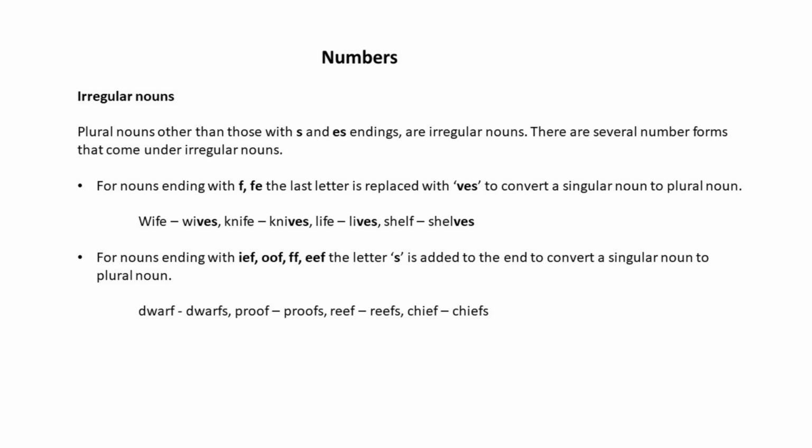So if I say the noun wife, this word ends with the letters fe. So in this case the plural form will be ending in ves. We replace the last two letters fe and put the letters ves. So the plural form of wife is wives. Similarly for the word knife, this word also ends with the letters fe. So for its plural form too, we replace fe and add the letters ves. So its plural form is knives.